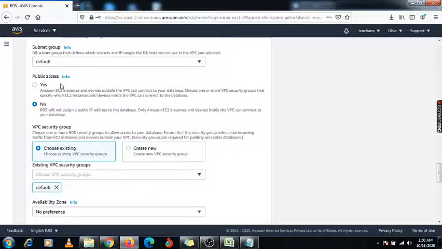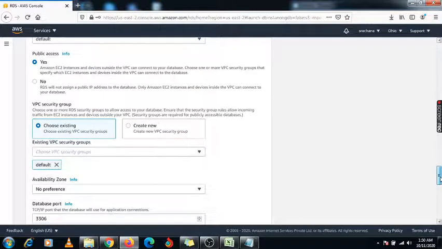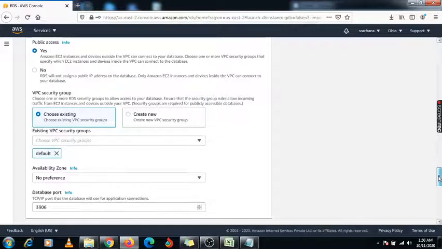Here we are getting the option public access. When we create an EC2 instance of a Linux machine, at that time we will get a public IP address, right? So this public access we need to enable here, because using this public access we can access it. And if you select no, then only the private subnets which you have created under this VPC, only that Linux machine without internet can access it using this no option. But here we are selecting the yes option, because we will get a public IP address under this EC2.